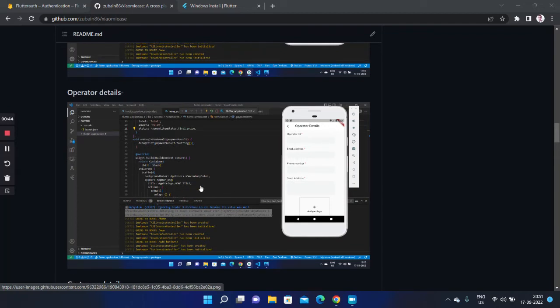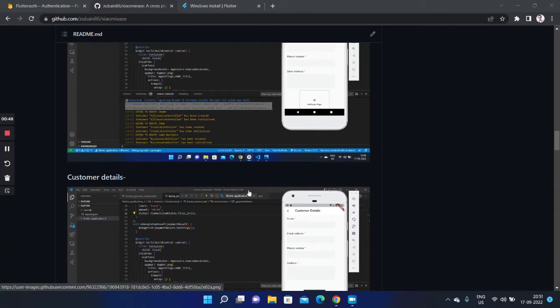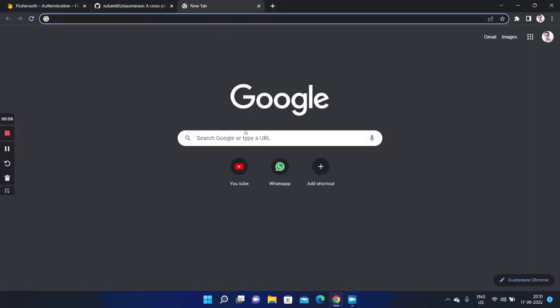Now, without wasting time, let's move on to how to run this application. To run this application, you have to be sure that Flutter is installed in your system. To install Flutter, simply write